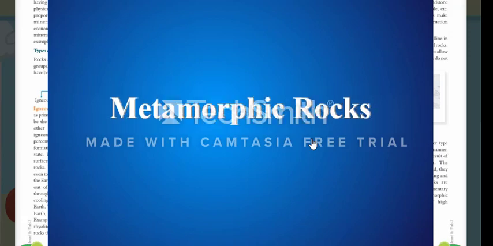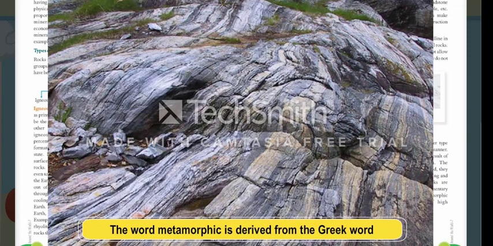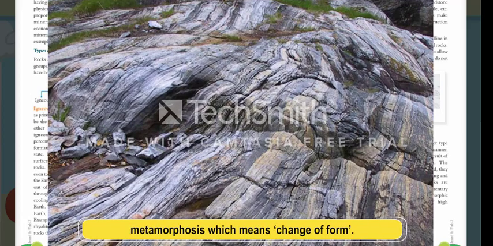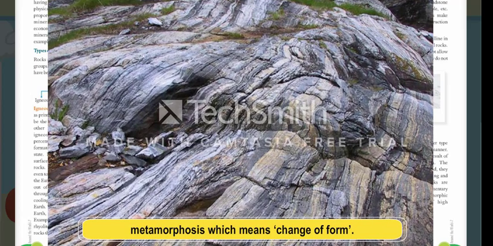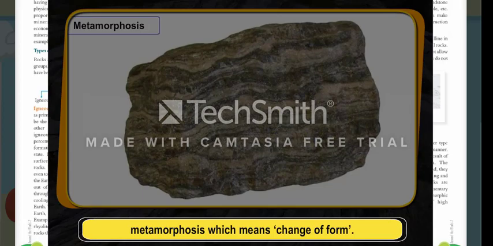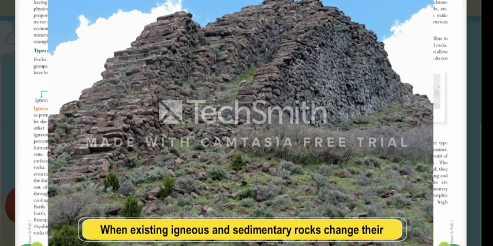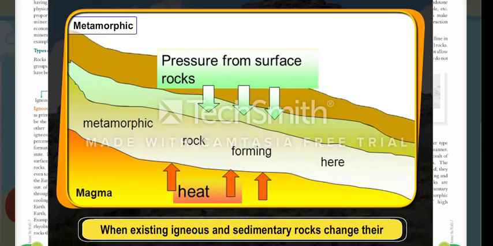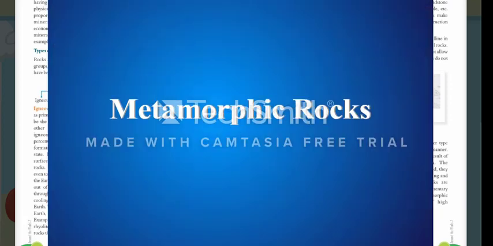Metamorphic rocks. The word metamorphic is derived from the Greek word metamorphosis, which means change of form. When existing igneous and sedimentary rocks change their chemical and physical form due to intense heat and pressure, they are known as metamorphic rocks. Metamorphic rocks. The word